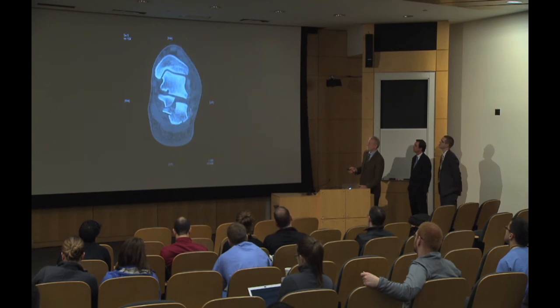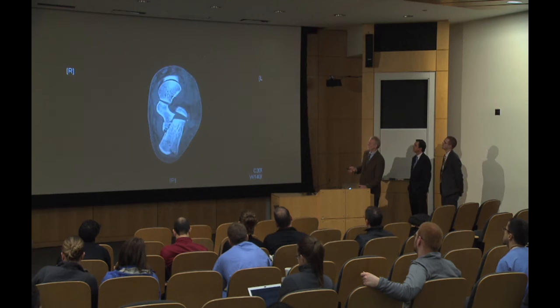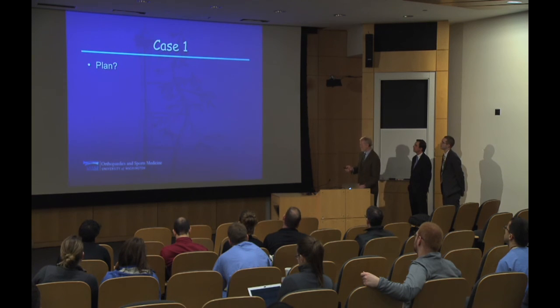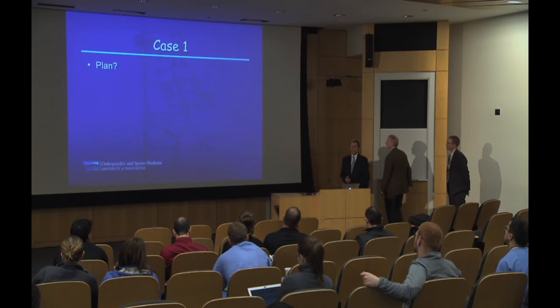There's probably 8 to 9 millimeters of step-off there. And it's laterally displaced, so there's going to be some impingement into the subfibular space. I think Dr. Bernerska would both agree that this probably should not be left non-operatively managed. Any comments on that? I think the main question is always, and my feeling is morphologically, if you can restore